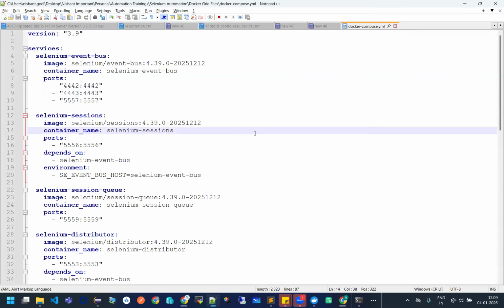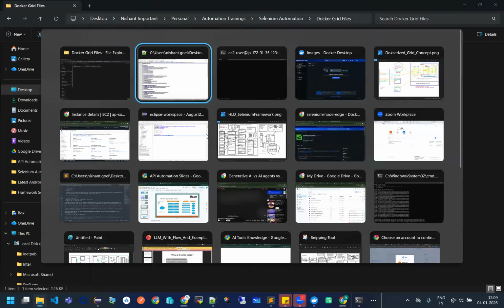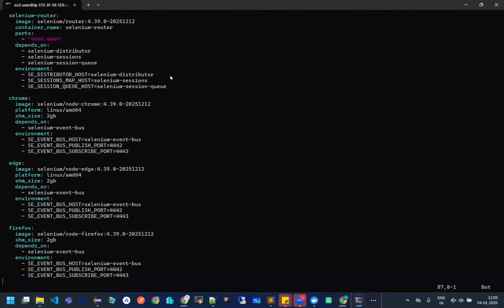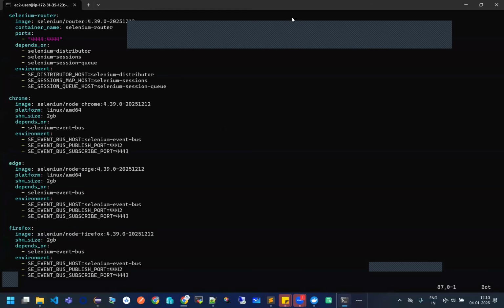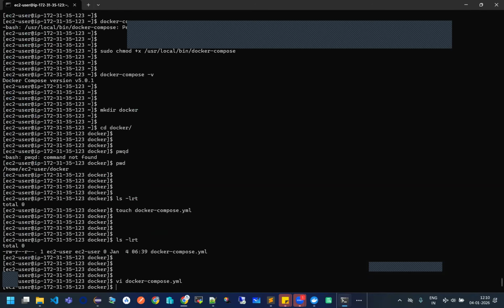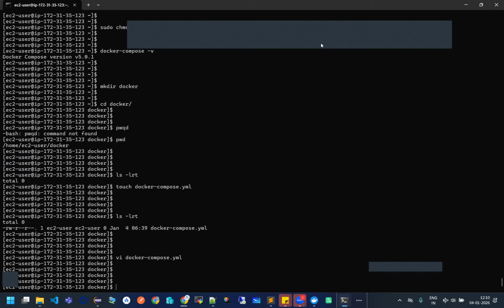Control A, Control C, and just one click. That's it. It will paste the entire thing in this editor. How to save it? Press escape, then colon, wq and exclamation sign. This will make sure